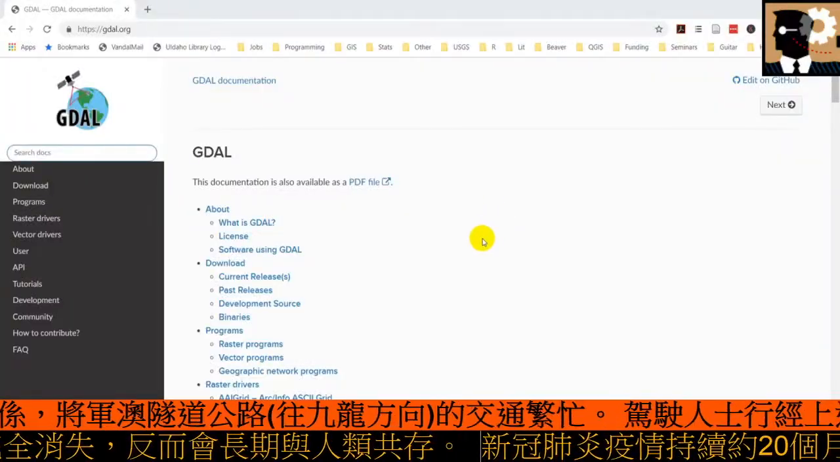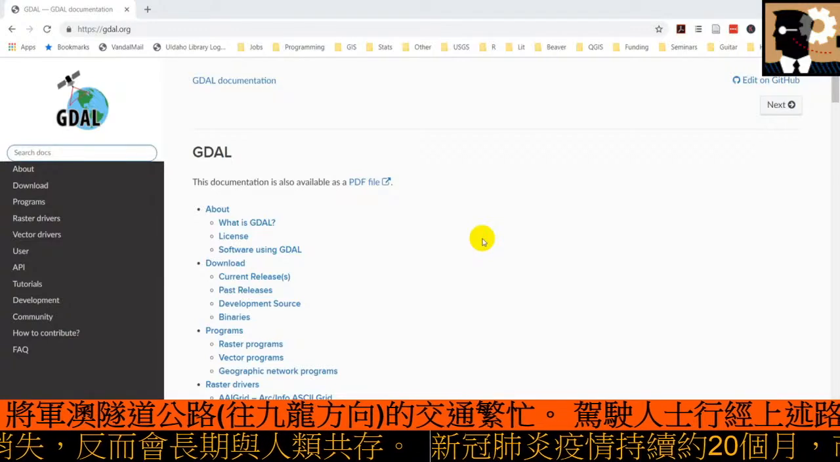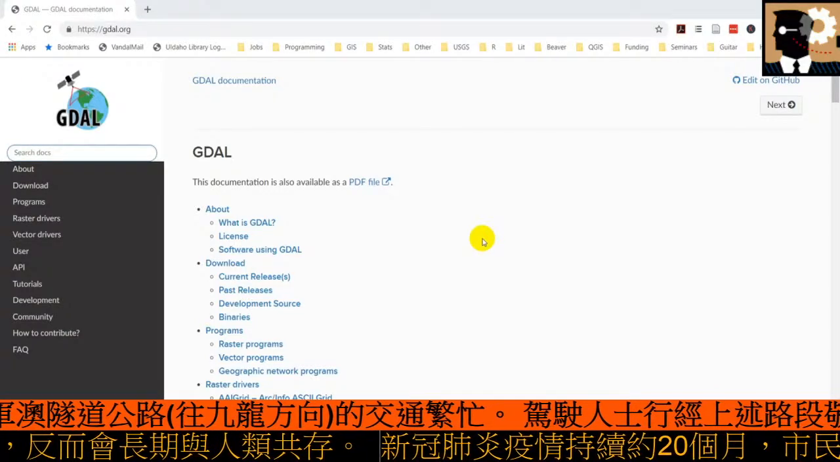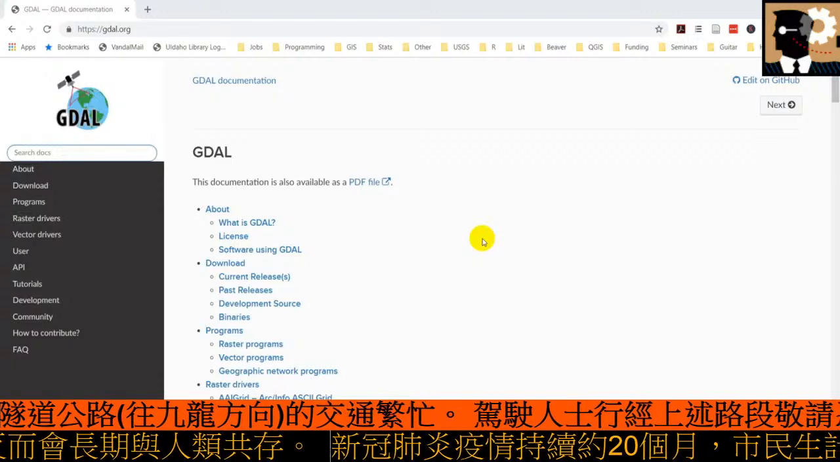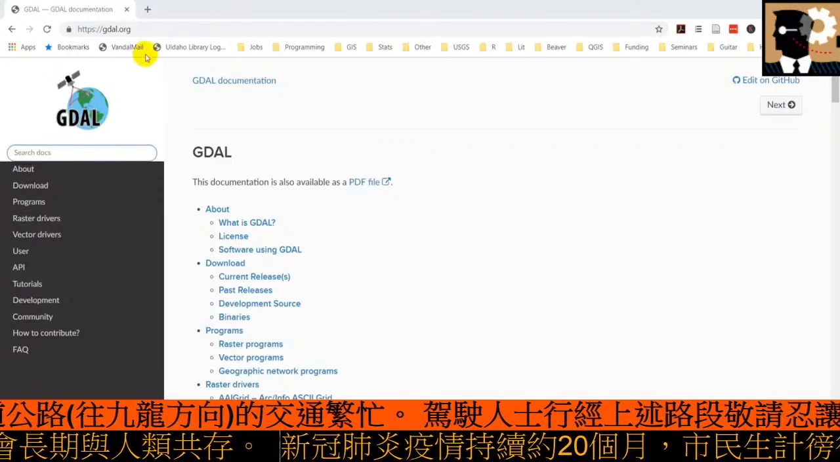Hi everyone. For doing things like terrain analysis, projection management, data management, things like that. So here I am, I'm at gdal.org,